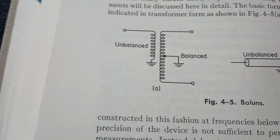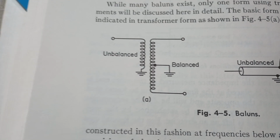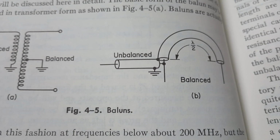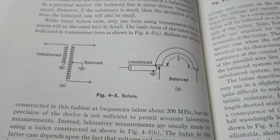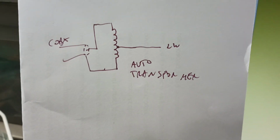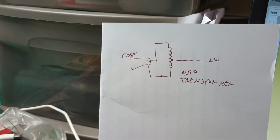But the key thing here, especially with this fantasy of using baluns on end feds, is that a balun has 4 terminals. See them? 1 on the left, unbalanced, 1, 2 on the right, balanced, 3, 4. With this end fed fantasy, what they're making is called an autotransformer. And notice in the previous image I showed you,